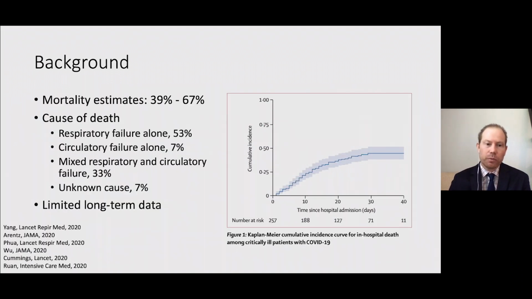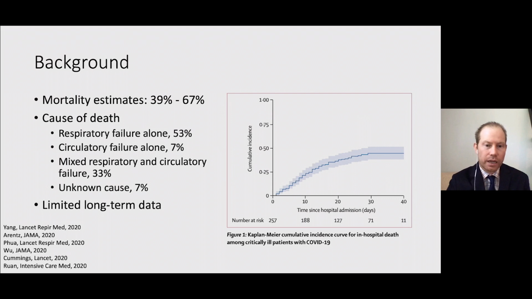And as I mentioned just a moment ago, the patients who develop COVID-related critical illness are very sick, and mortality estimates are very variable. And again, to a large extent, may vary depending on a hospital or a country's level of care or the ability for them to provide critical care. But the mortality estimates for patients with critical illness who have COVID range anywhere from the high 30% to 60%, and even some outlying estimates as high as 90%.